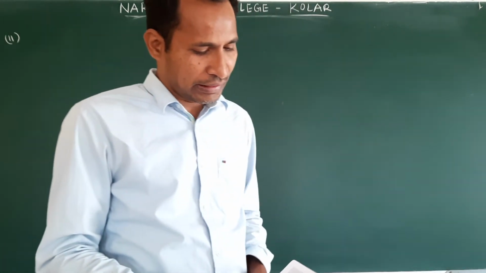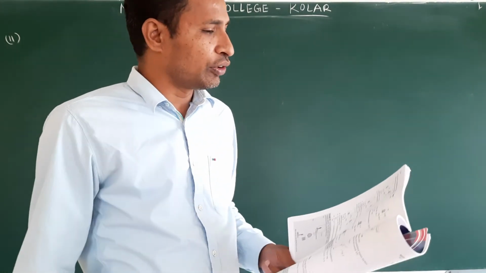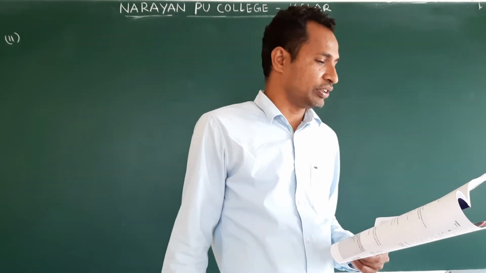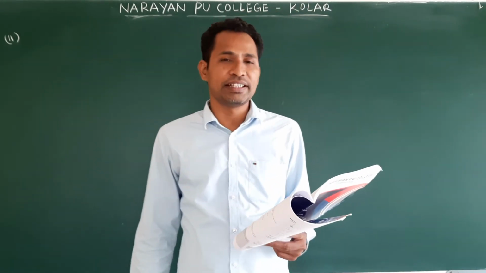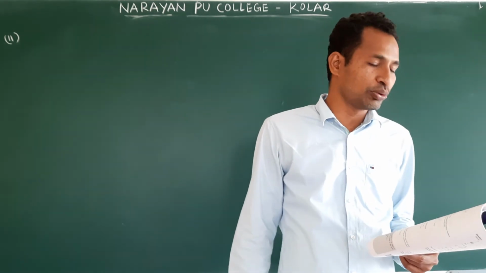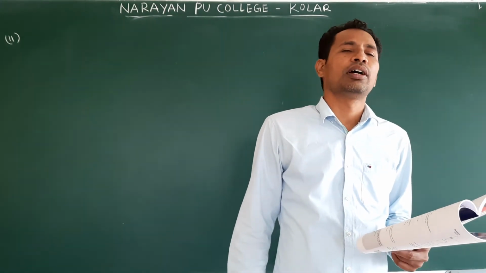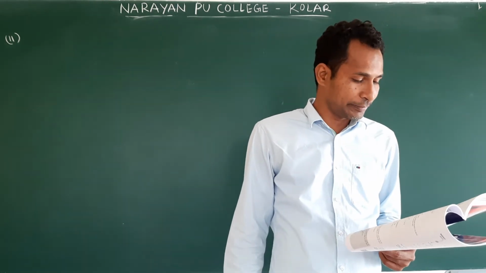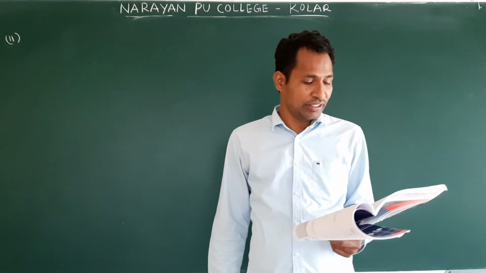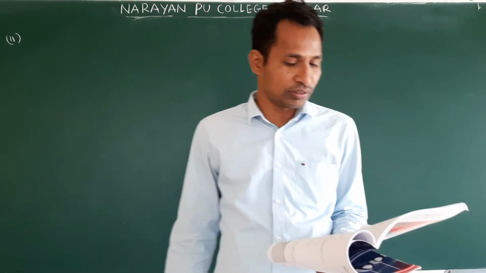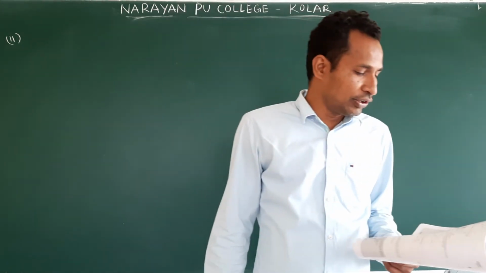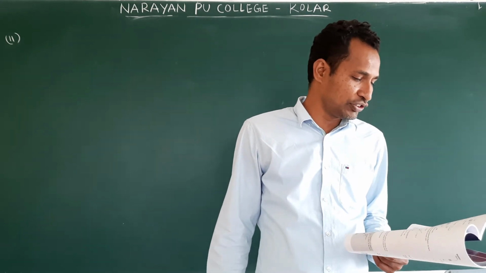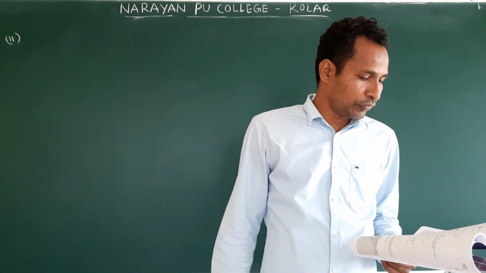That all we calculated. When the acceleration is 0, then what happened? N is equal to mg. When it is going up, N is equal to m into g plus a. When it is going down, N is equal to m into g minus a. When a is equal to g, N is equal to 0. Weightlessness. Okay, when N is equal to 0, we feel weightlessness. Okay, weight will be 0. Clear?